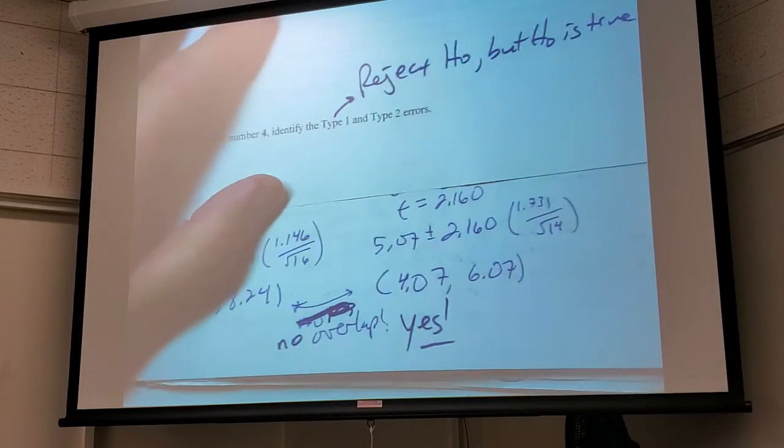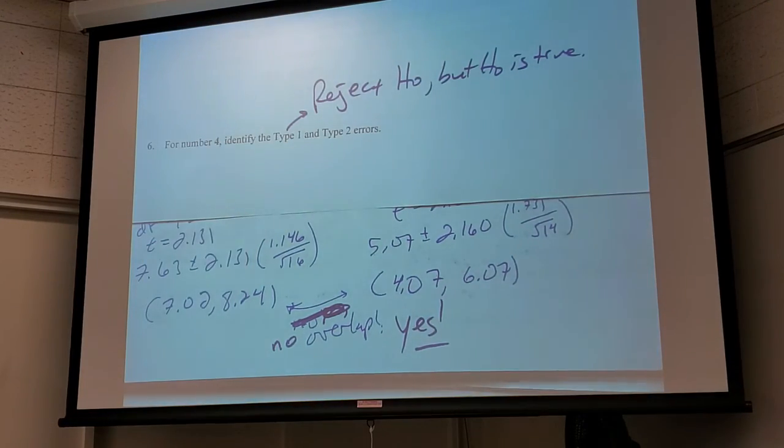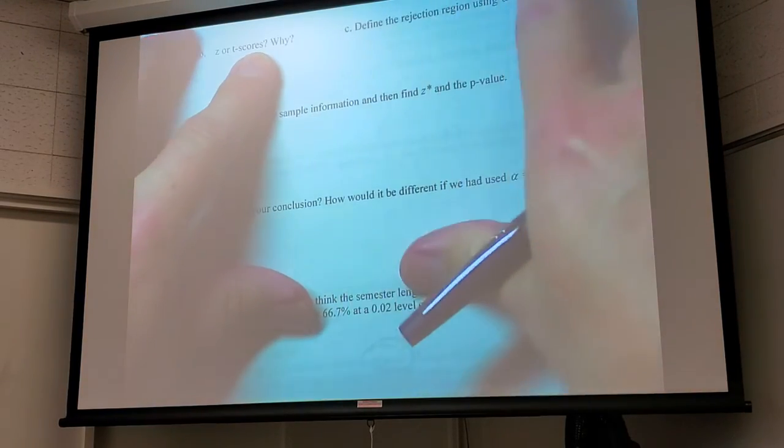That's an error, yes? So the type 1 error is reject the null, but the null is true. If you want to say it shorter, reject a true null, right? Isn't that a mistake? That's not a mathematical mistake. That's just a probability mistake. That's just, we do the best we can. That's what humans do. So for number 4, what is the null in, well, we didn't do number 4, but can you quickly see what's the claim in number 4?